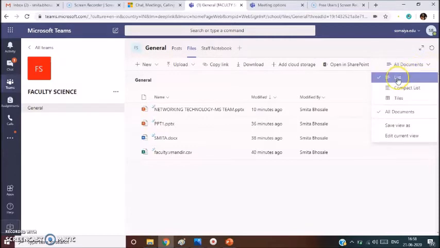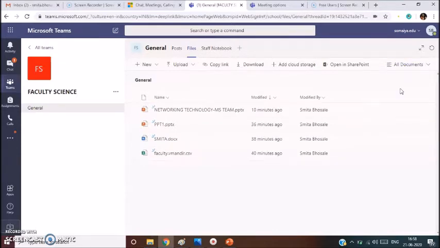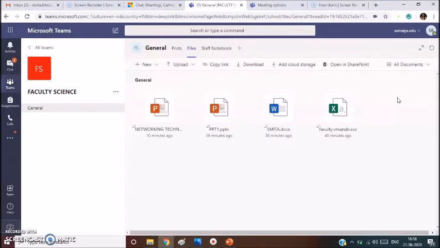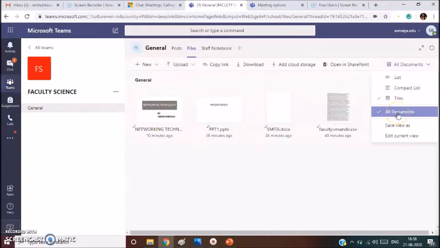You can change the view of the listed files. You can set them as a list or you can have a compact list like this, or you can have them in the form of tiles. So this is how you can also change the view of the documents.